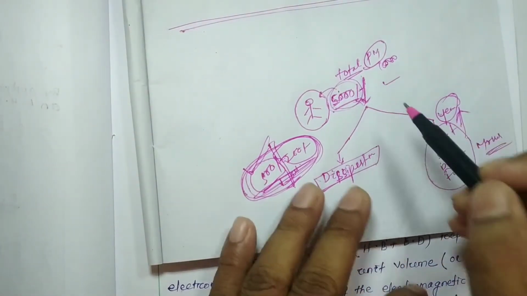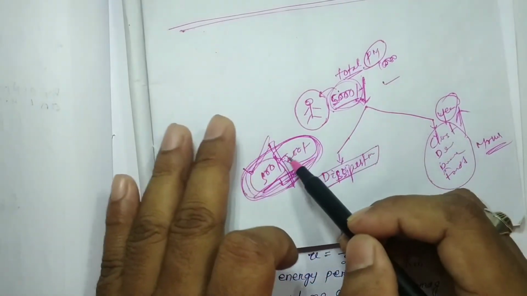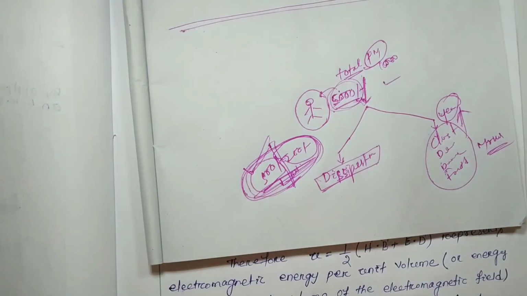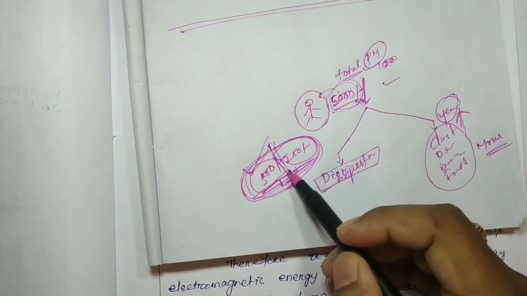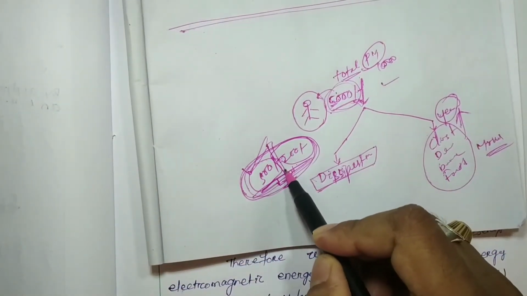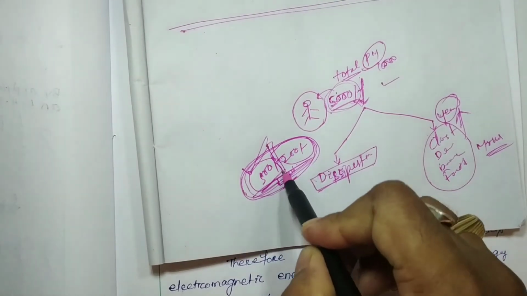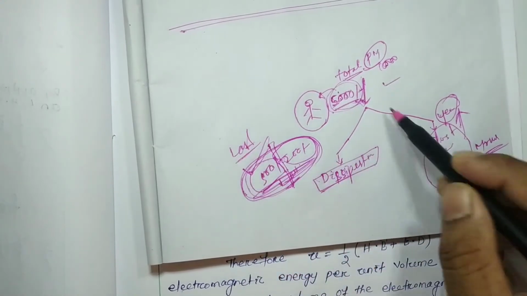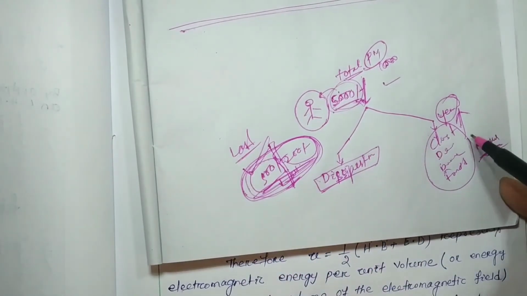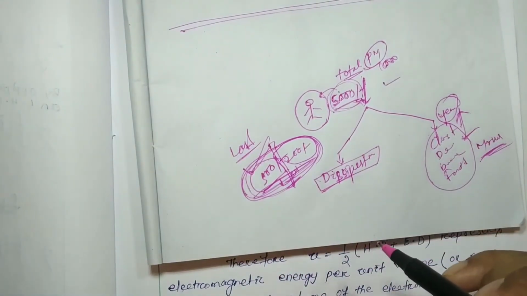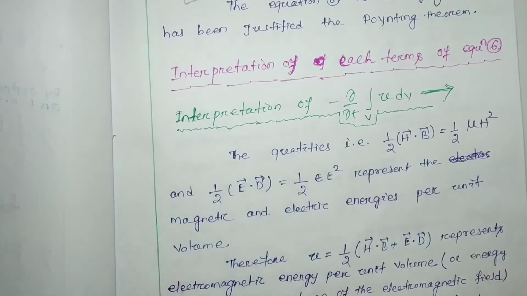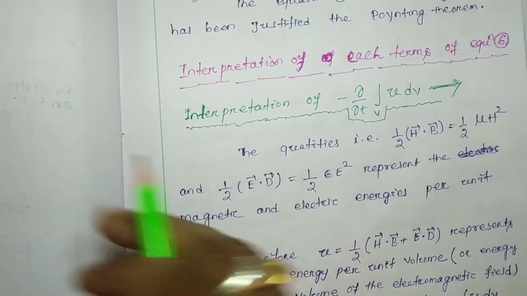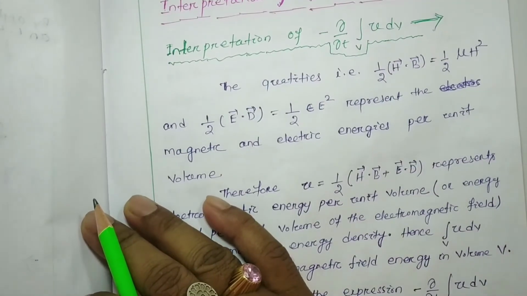So part of it is dissipated, means part of it is utilized towards the borrowed money, whatever you had taken from your friends last month, and the rest of the money is going to be utilized for yourself. So this is one example I gave. Maybe it will help you get further clarity about the Poynting theorem.